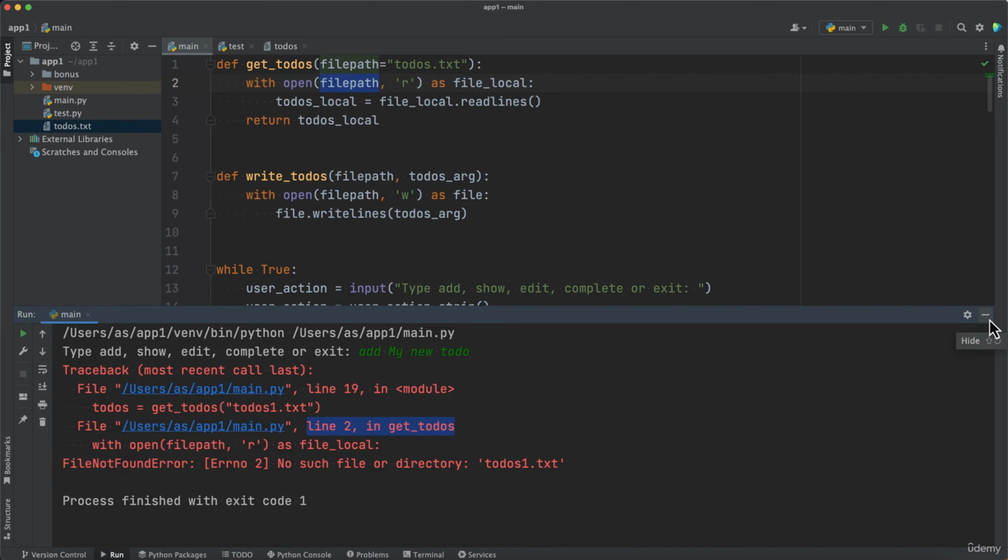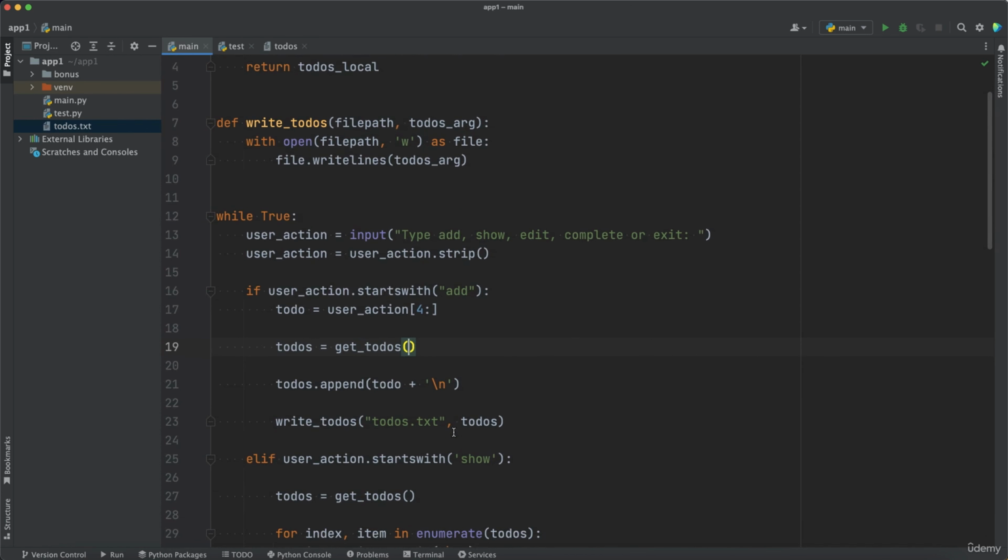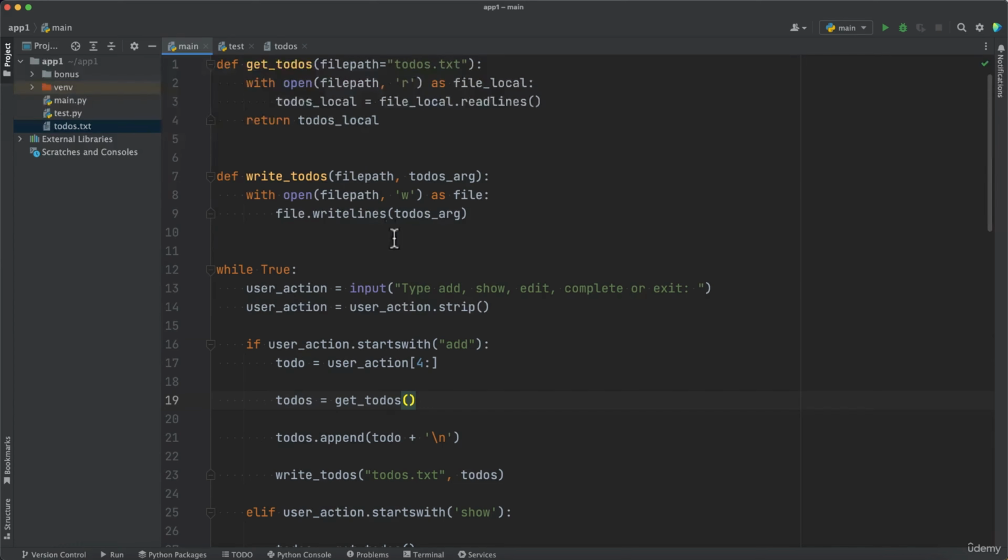So what I'm trying to demonstrate here is that you can change the default arguments. You can just give a value here and that value will replace that value there. So that's the idea with default arguments. So let me go back here and remove that 1 and remove the value itself. We don't need it. And let's implement default parameters with the write to-dos function here as well. So file path would be todos.txt,